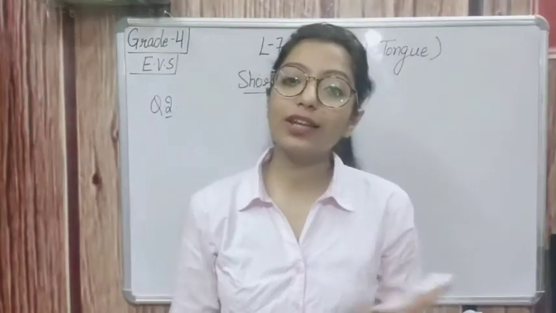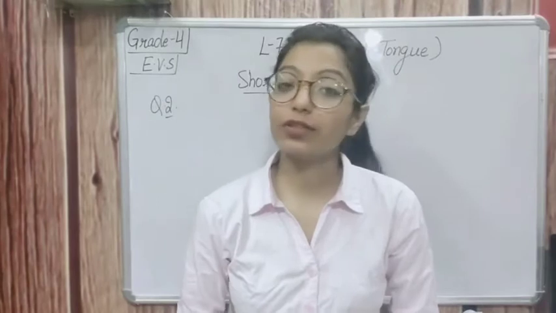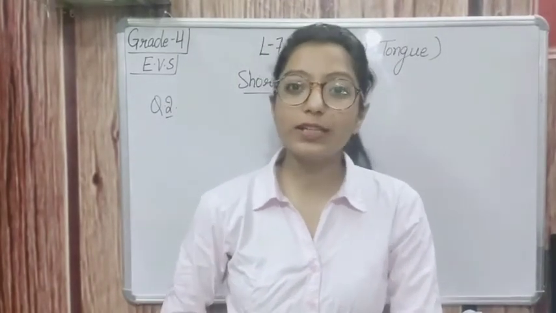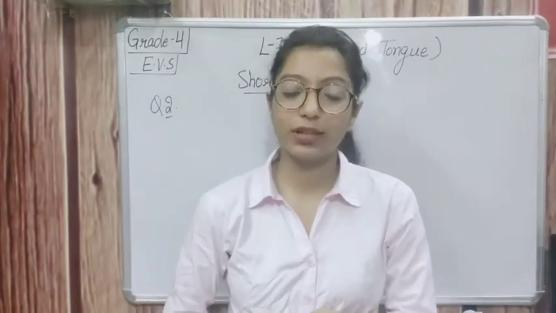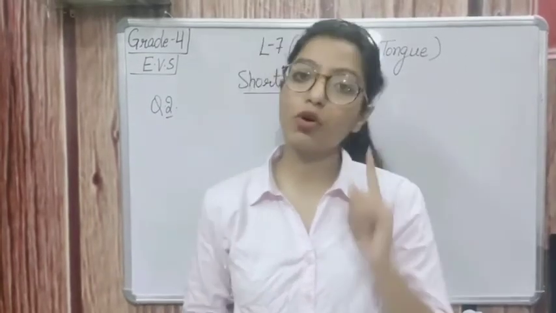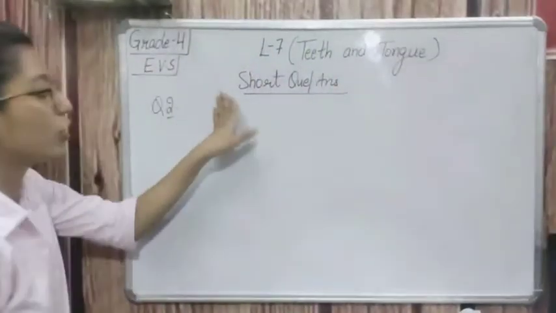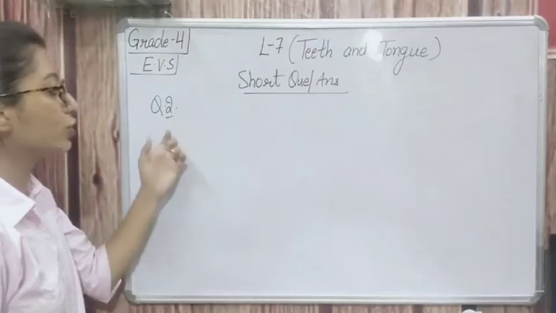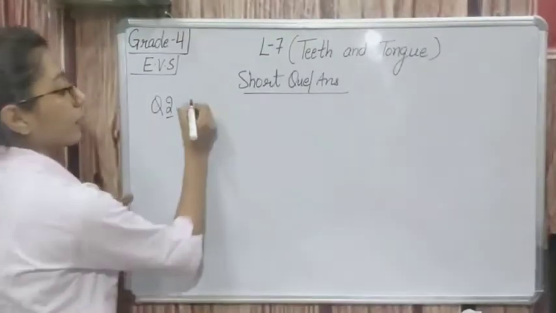So children, in notebook work today we will continue what we completed in the previous week with the keywords, very short question answers and one short question answer also. So today we will continue with the short question answers. There is one more short question answer. Now write here short question answer and question number 2. Question number 2 is, what is a dental floss?